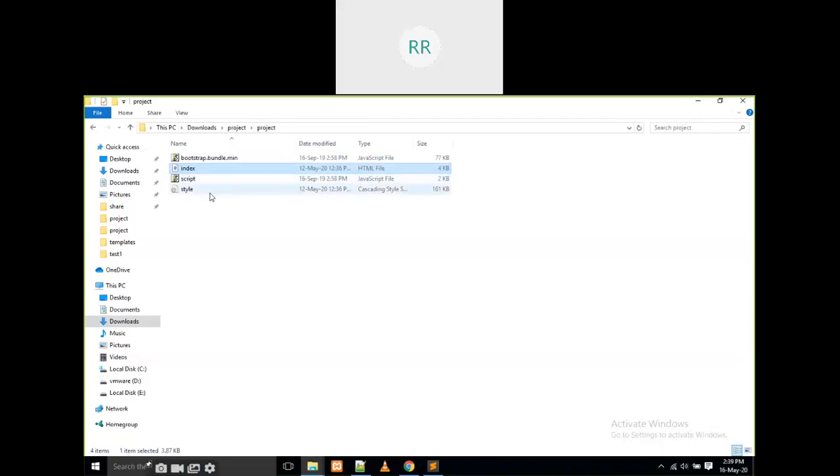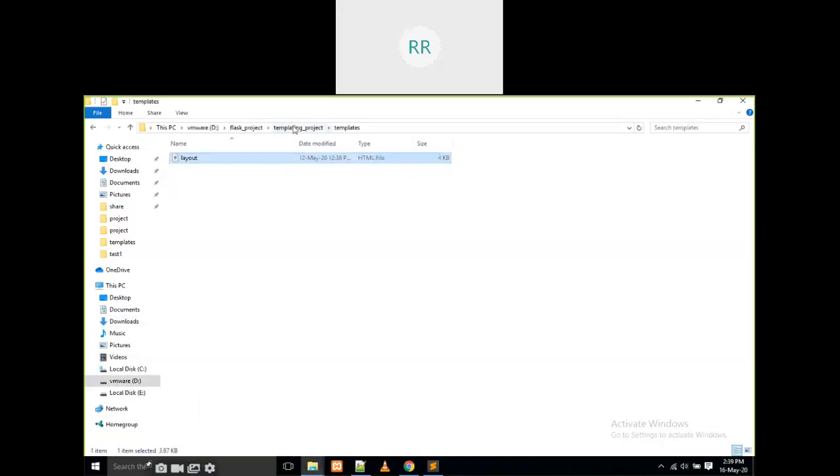One CSS folder is there, I am going to copy it to the static folder and paste it here. Two JS files are there, I am going to copy these JS files into the static JS folder. Okay, everything is done here.